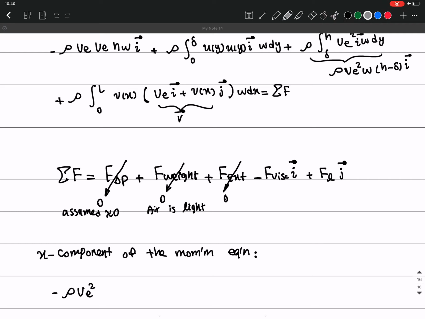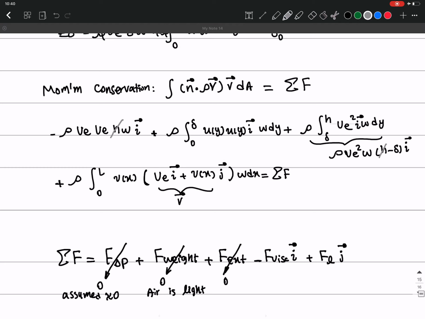And then these two terms again are going to cancel out. So this h is going to cancel out with this h. So we are only left with this delta here. So we have minus rho UE square delta W plus